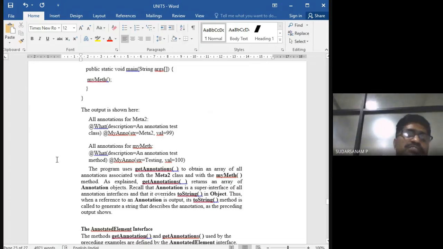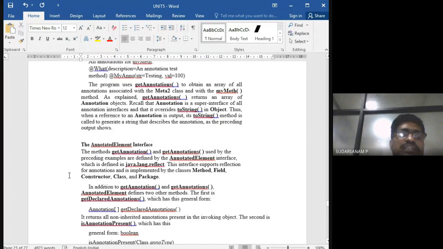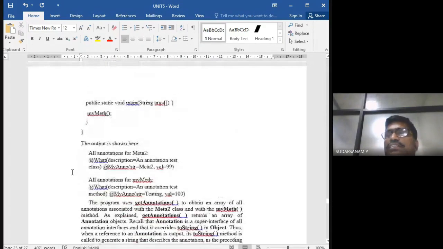So interfaces, how to write them, we have done. The only thing to remember here is @interface. Previously you learned only the interface name, and you would write the method names inside. But here it is a bit different, so for that the methods' code you will be writing outside. That I told you how to write.